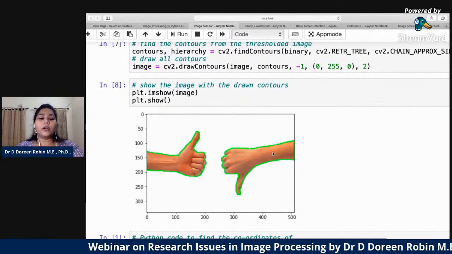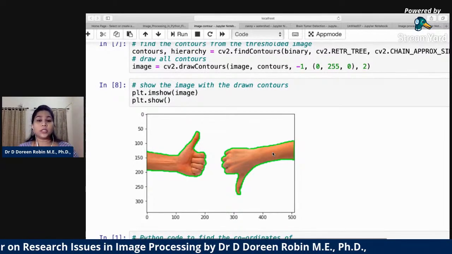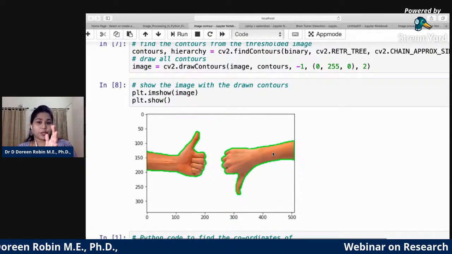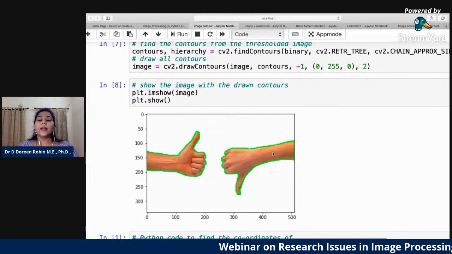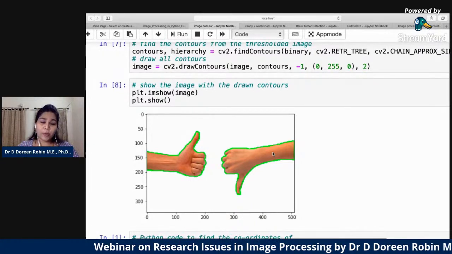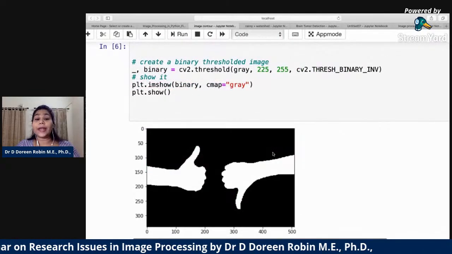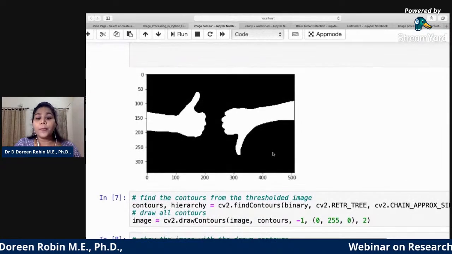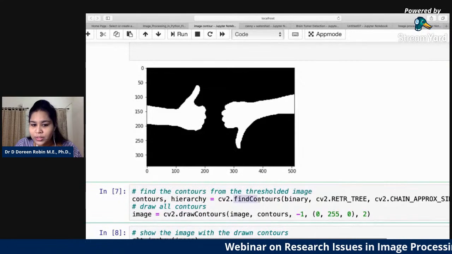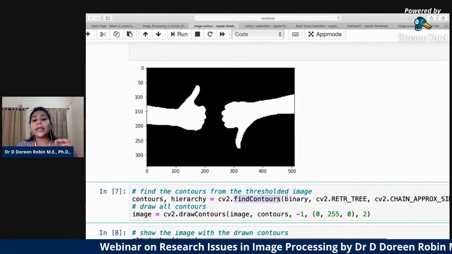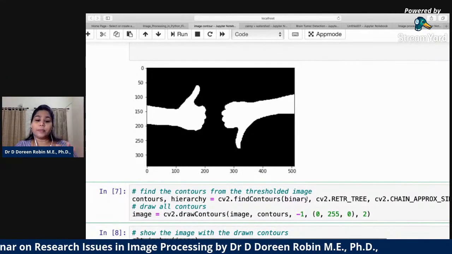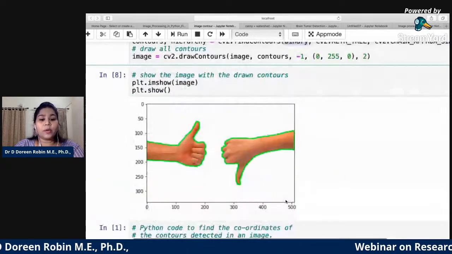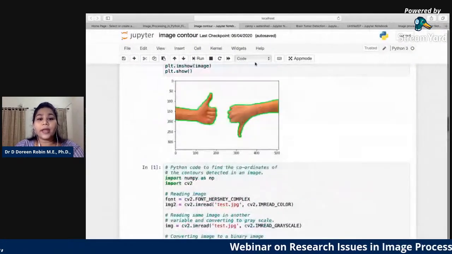When I want to get my contour, if I have a color image, it is not possible. So first step, I need to take my color image. Second step, I need to convert it into grayscale. Then I feed my grayscale image and convert it to binary. In binary it's only black and white, and it is very easy for me to find the contours, because whenever I want to use this function called findContours, I need to give it an image of binary type. So I give it as binary, so the images will be very clear, and I'm drawing my contours. So this is about finding my contours.